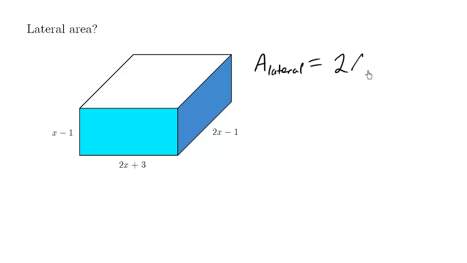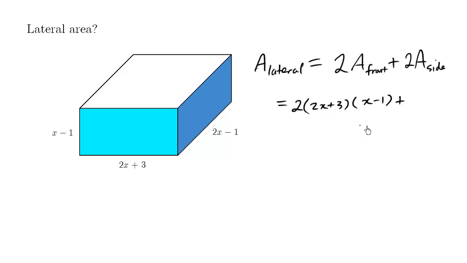2 times area of the front, because the front and back counts as 2 fronts, plus 2 times the area of a side. I'm going to just choose this right side because I can see it. So this here would be the entire lateral area, which is what I'm trying to find. So this here is equal to 2 times area of the front, which is bottom times the height, which happens to be 2x plus 3 times x minus 1